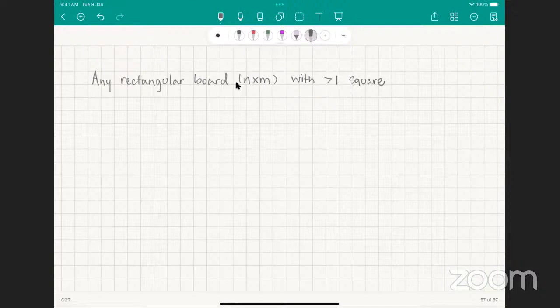So that's a loss for the player who starts the game, because you're giving that player a game that has no moves to begin with. So there's nothing to be said here. So if you have, on the other hand, more than one square,